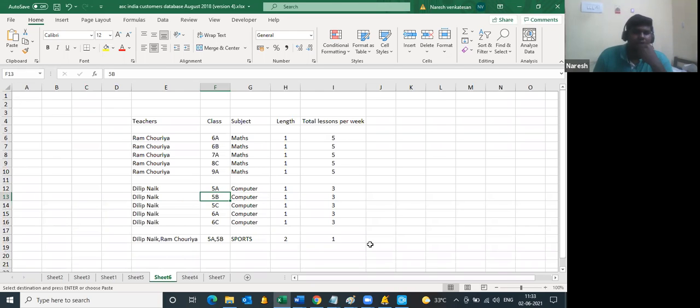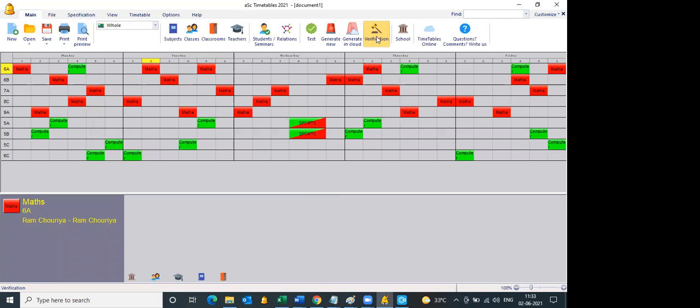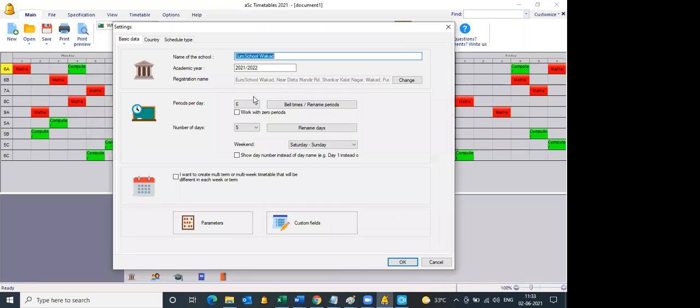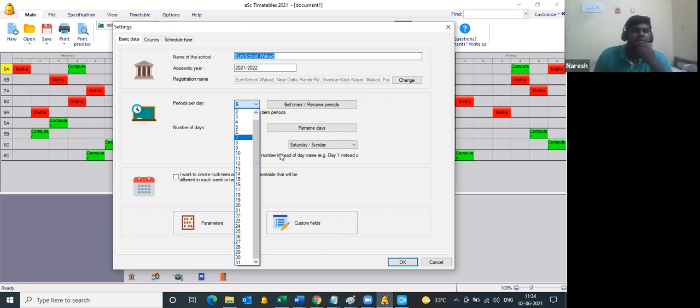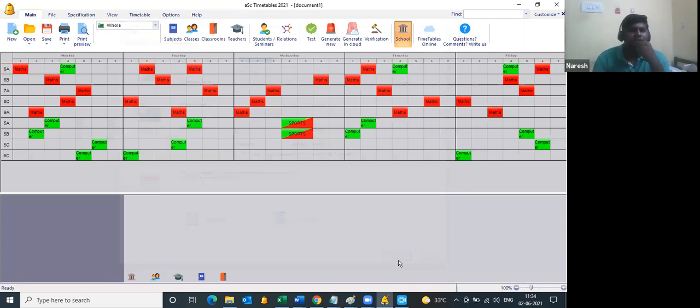Yes. May I know which class is having 7 periods? From grade 7 onwards, they have 7 periods. Okay. So here what you have to do is, first you need to set the maximum number of periods you are working, which is 7, correct? First you need to set that in the main settings. Initially we had made it 6, so that will be changed to 7. After this is made 7, the entire school will have 7 periods per day.